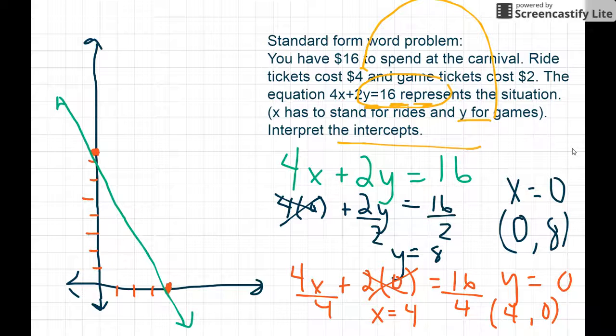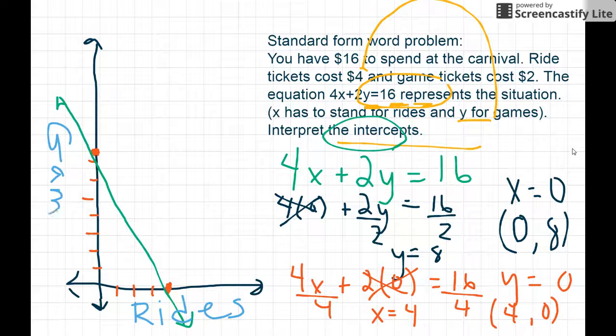Sorry, not very straight. But those intercepts mean something. So in order to interpret, we have to go back to our labels. So x stands for rides. So I'm going to go ahead and list down here that down here is rides. And that means up the side is games. So now when I'm interpreting, if I have something over here at 4, 0, it means that if I go